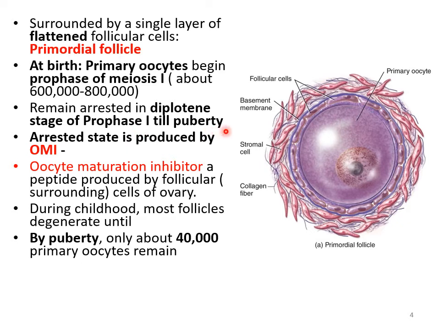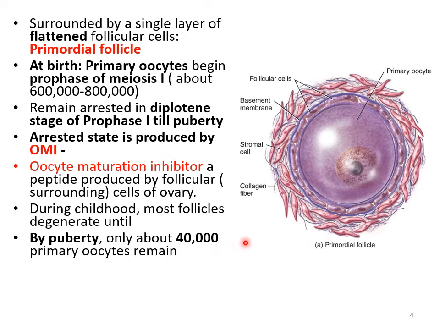till puberty. That means till a number of years. You know, puberty age is about 10, 11 onwards. So till then they are arrested in prophase 1. And if you want to be specific, diplotene stage means the double-stranded chromosomes are seen. Now, how is this controlled? This is regulated by a factor known as OMI, oocyte maturation inhibitor. It's a peptide or a protein produced by the surrounding follicular cells, which inhibits the further division of the